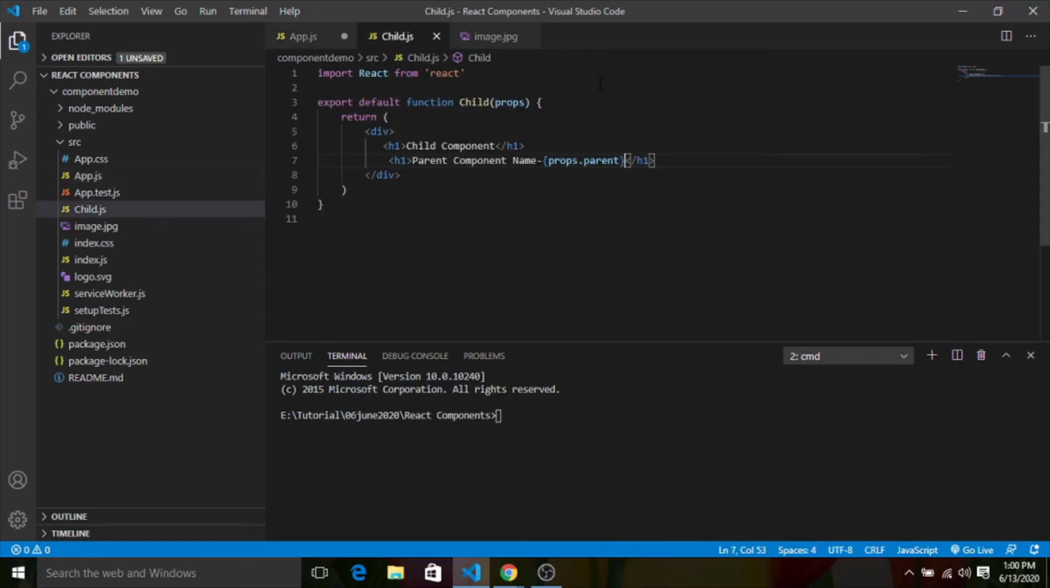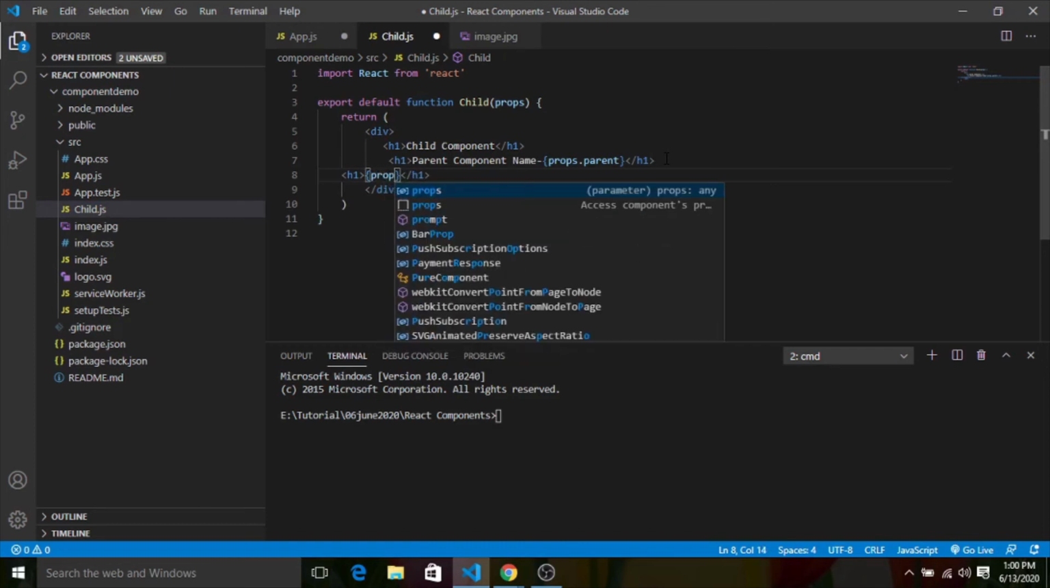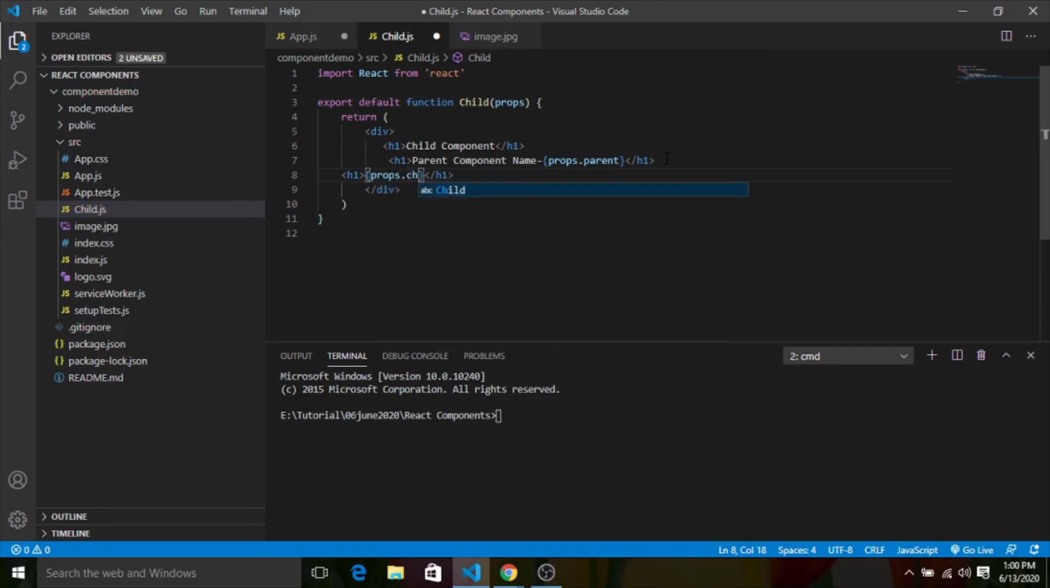So to access that, there is something called children. So I'll create another h1 tag, and to access that, I'll create curly braces because I need to write JavaScript code here, props dot children. Okay. If I save it, if I go to the page,